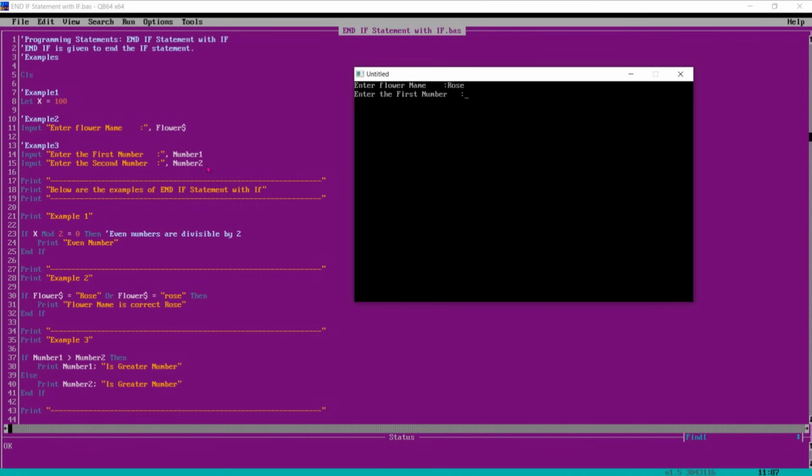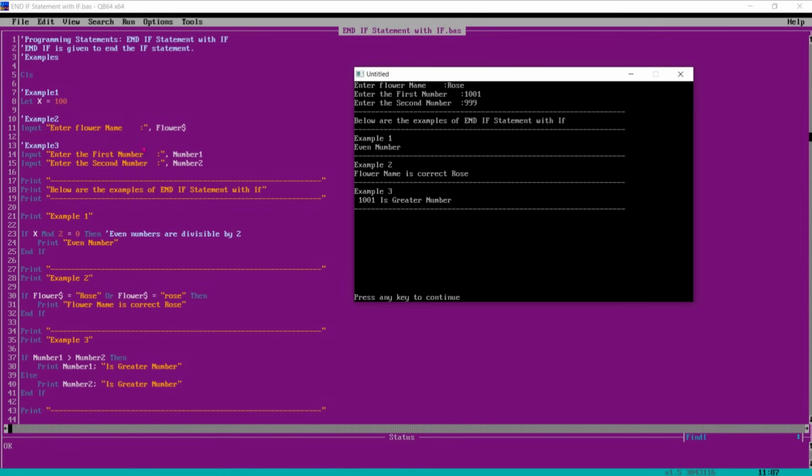I enter 1001. Enter number 2, 999. Then it prints, because we have 100, it is divisible by 2, so even number, flower name is correct rose, we have entered rose, and 1001 is greater number.